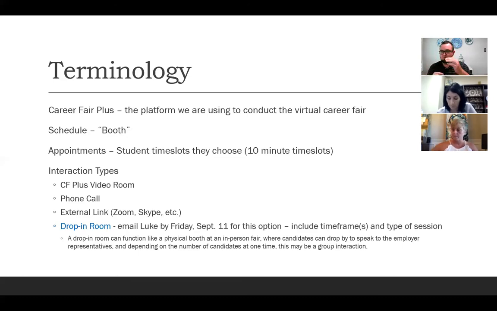And then I've had them add a drop-in times feature where I can go in and add those times. So if you tell me drop-ins from 8:30 to noon, we'll put that in there and students will be able to see it. And then you can have an additional schedule for individual meetings, and you can label those however you'd like to. But good, yeah, those are good questions. But I'll double check for sure